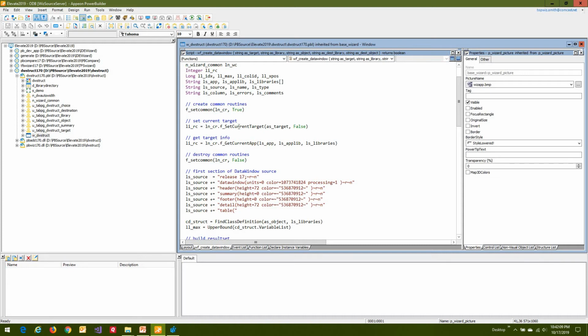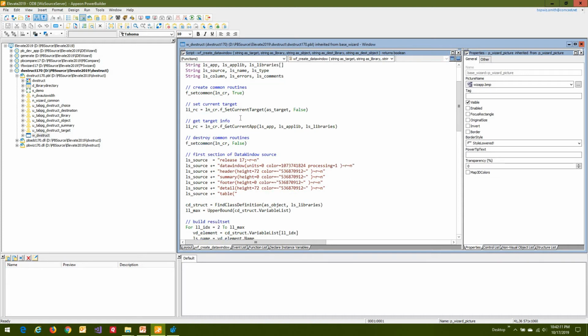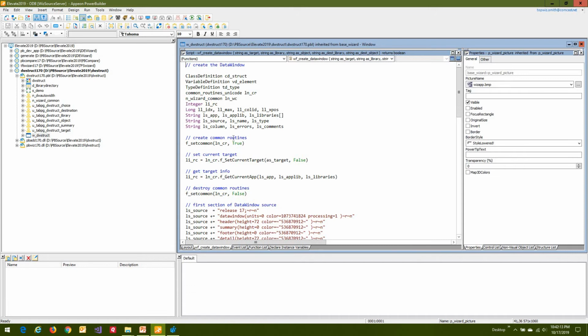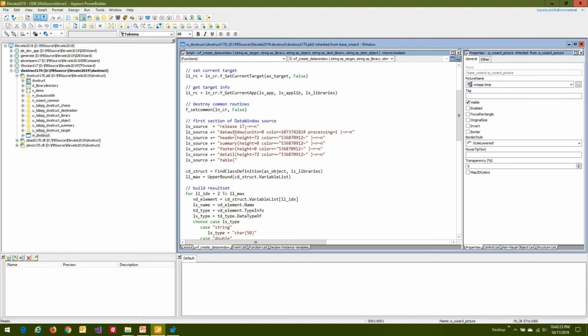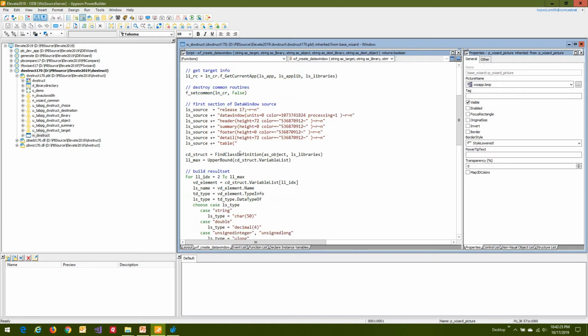So I'm setting up my common routines, getting the current target and the application information, and I'm building the data window source code,